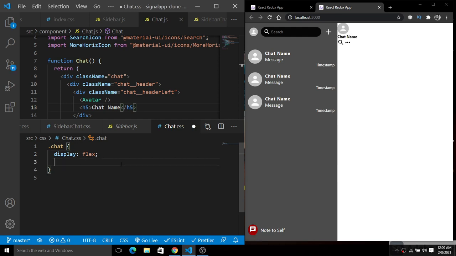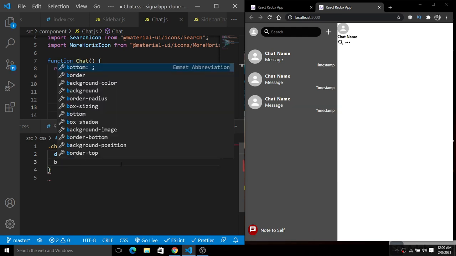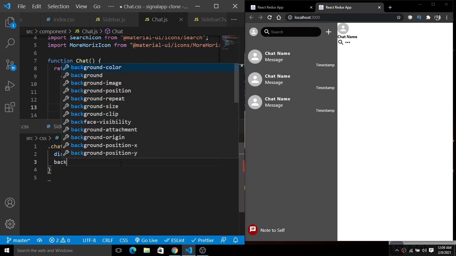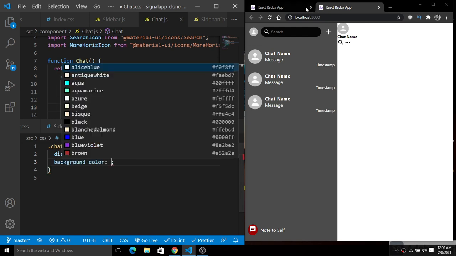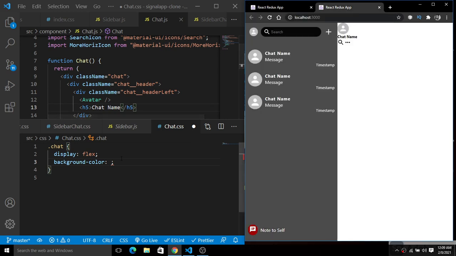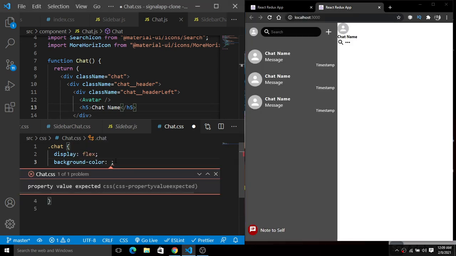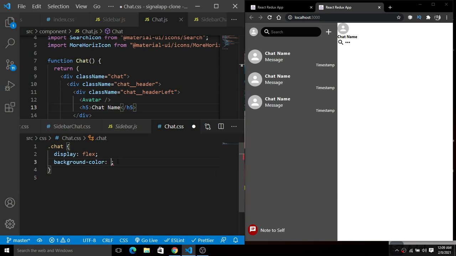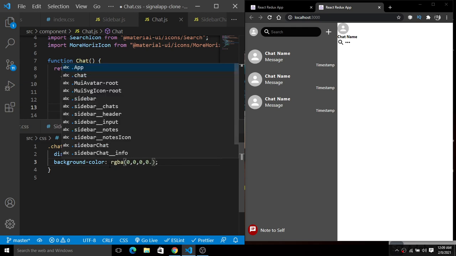Now we will change the background color. So simply give a background color, and you can see here a very dark background color. For this we'll use RGBA, with 0, 0, 0, 0.9.